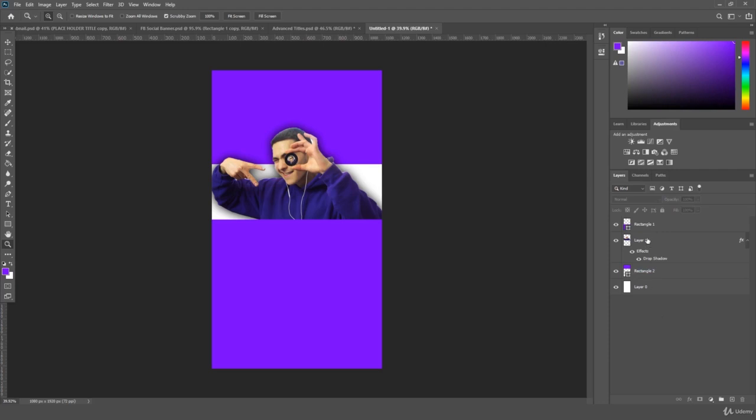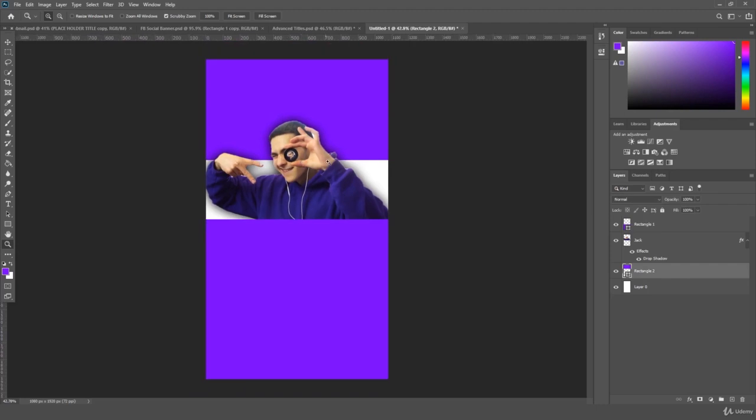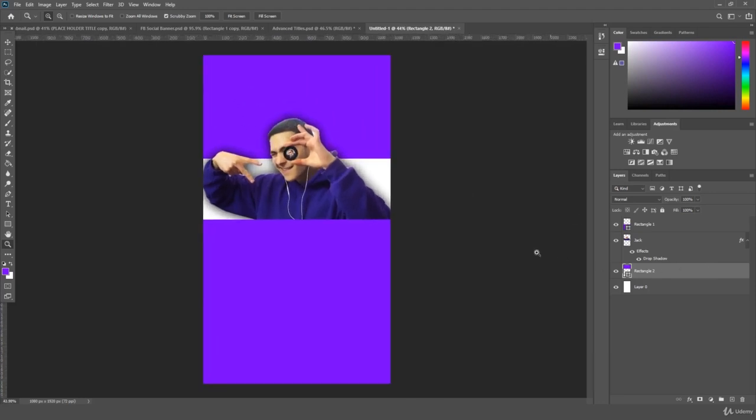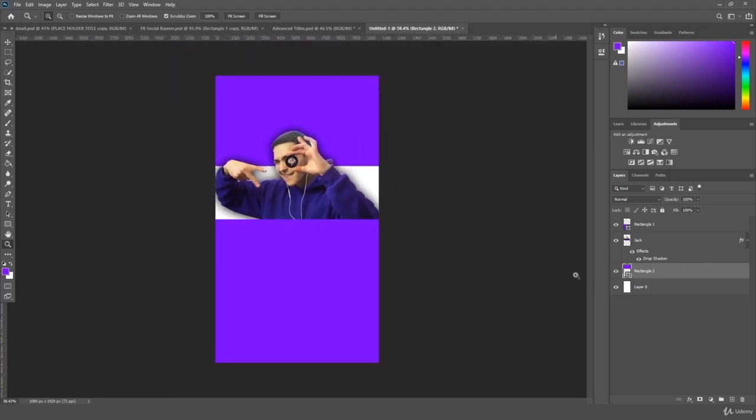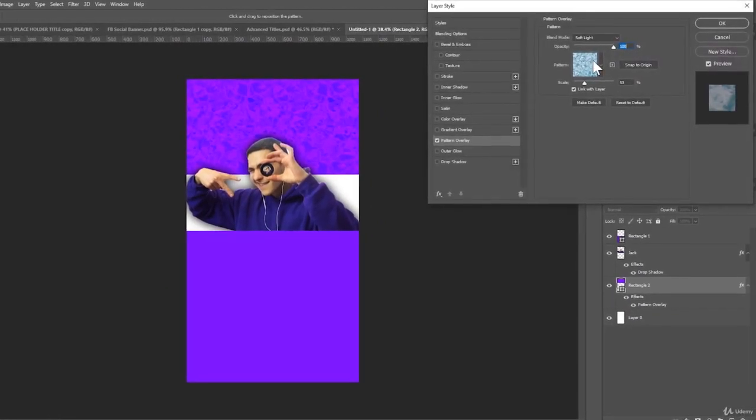So essentially we've got me, or Jack. We got Jack, rectangle 1, and rectangle 2. And we've got this sort of sandwiched in the middle type of situation, right? It's looking cool for sure, don't get me wrong, but it could definitely look cooler. Now, what we want to do is go ahead and just add a little bit of style to these actual pieces, right? So let's follow that same strategy of going to pattern overlay, and I'm going to switch up the